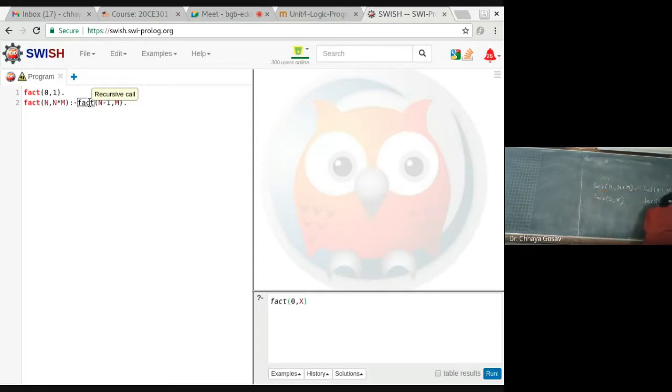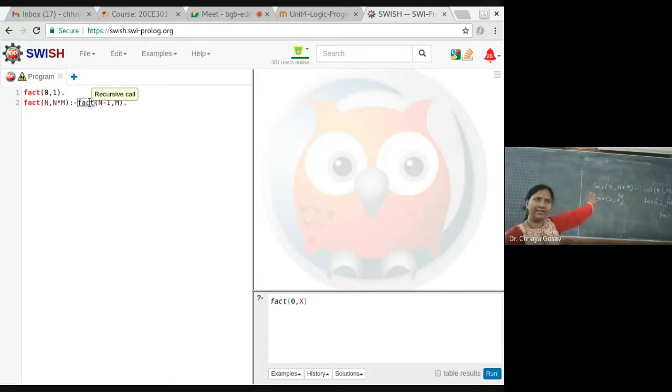This last call will match with the first fact. So the value of m is 1 here. Now where this 1 will be given, 1 into 1. What is the value of n? n is 1. So 1 into 1 will be 1. Now here 2 into 1 will be 2. And 3 into 2 will be 6. So you should get the value 6. But see what result you are getting for 3.